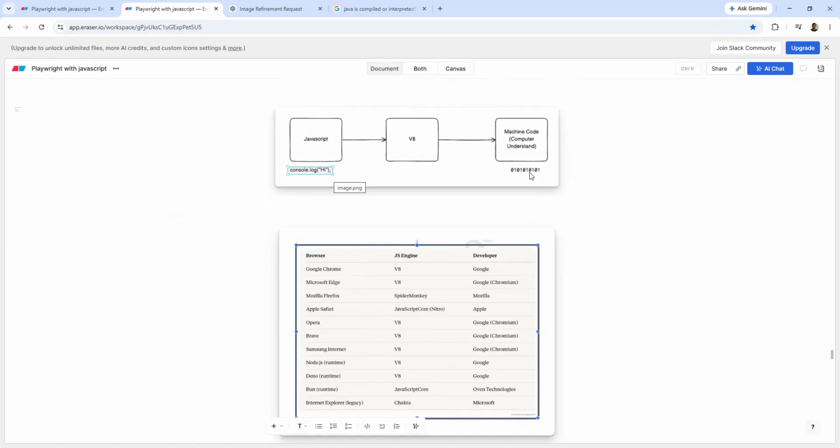Now one more stage came. Nowadays, if you write just in English, it will go to machine code. How is it happening? For example, if you go to ChatGPT or GitHub Copilot and say, I want to do this program, automatically it runs everything. It means you write in English, GitHub Copilot converts it to JavaScript, and that JavaScript is converted to machine code using V8. That is the evolution that came now. Earlier, if you write in English, will it generate the JavaScript